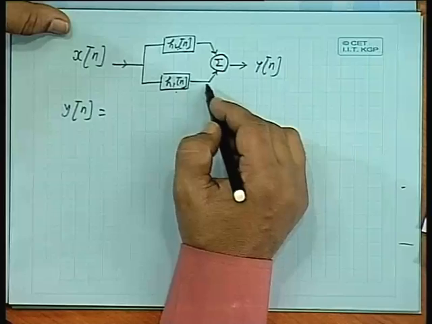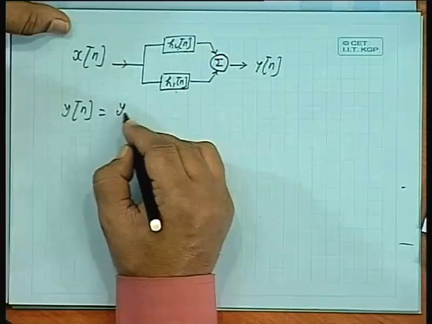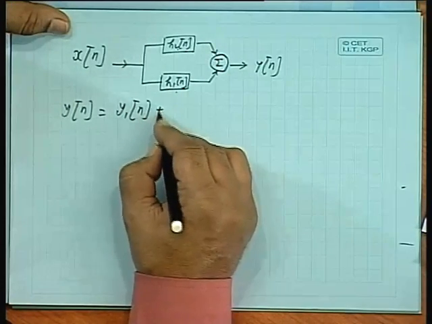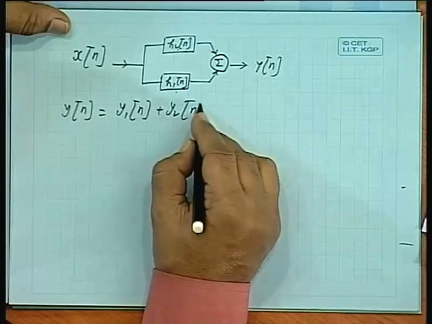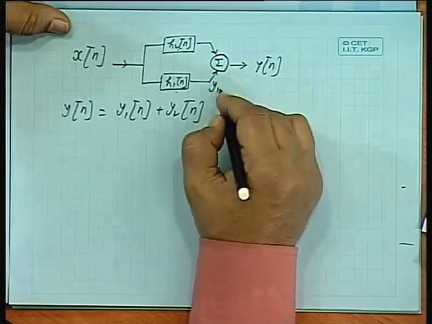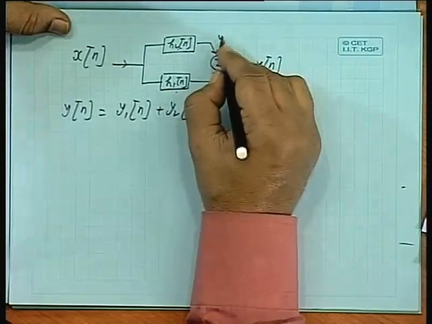This is y1 and y2. If I write this as, this is y1, this is y2,